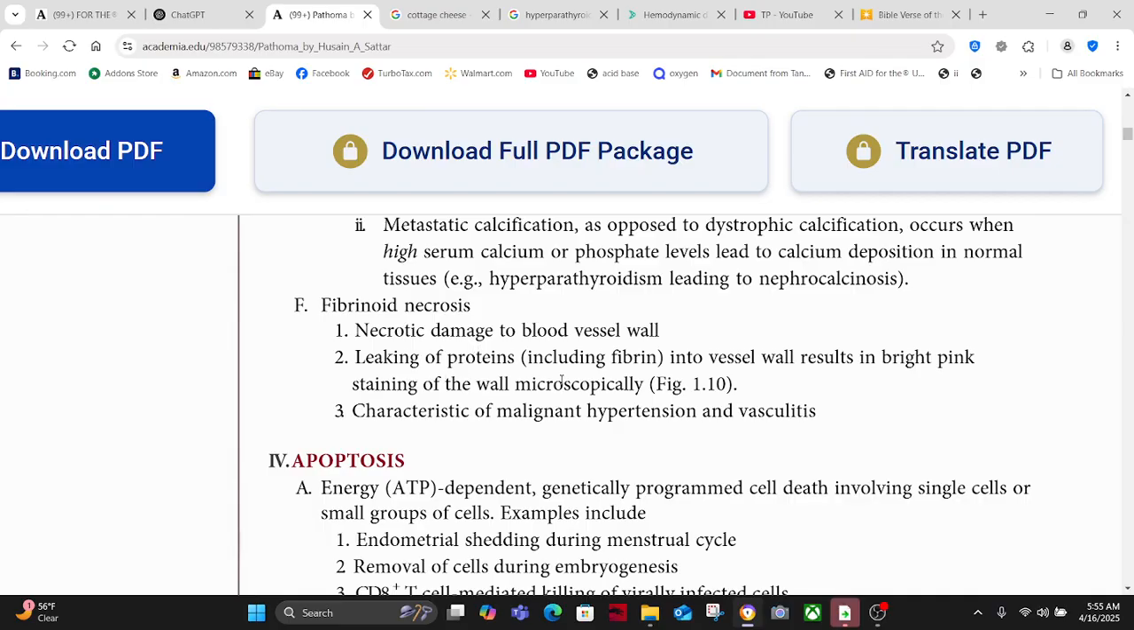So that little round that I just showed you, that was a bright pink staining of proteins and fibrin leaking into the vessel wall. You can see this fibrinoid necrosis in malignant hypertension and vasculitis. I just think of the BP being so high that blood vessels pop. Okay, so here you want to know that